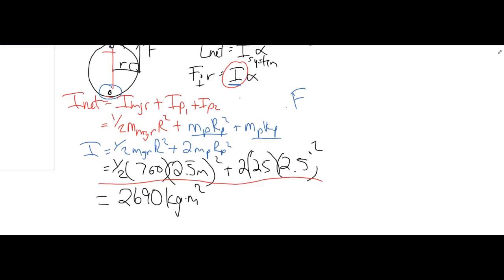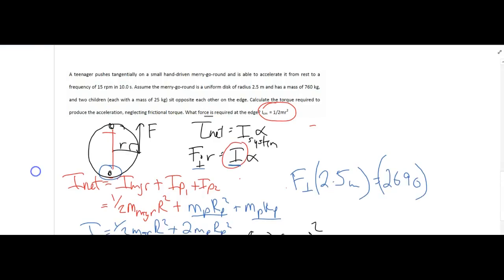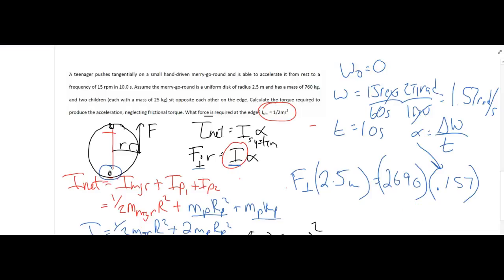So now I have the force is what I'm looking for, times R, the radius was 2.5 meters, times I, which we said here was 2690, times alpha. On this, I would have to do some rotational kinematics. So you could, again, pause the video and try that. I'm going to pause it, and you'll see my work show up right above. All right, here you can see I did my kinematics. I solved a kinematic equation for alpha, and then plugged it in. From there, I can do my algebra to find the force, and I got